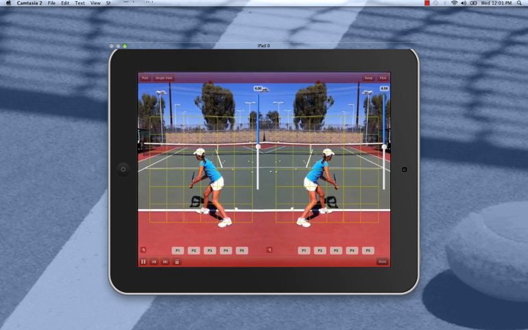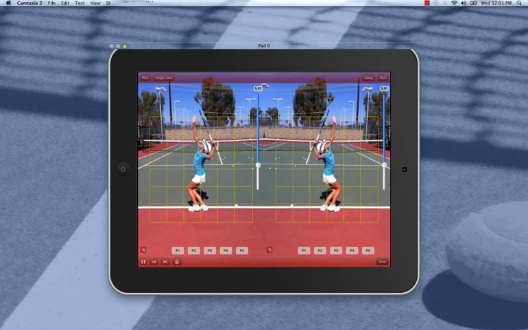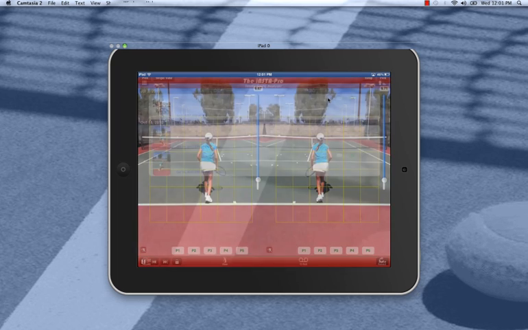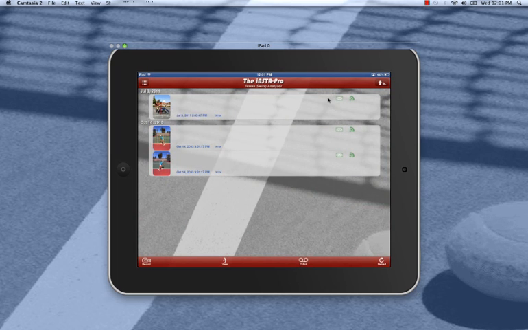This is pretty much the key features of what I wanted to cover today. And we're pretty excited about the tennis swing analyzer, and we know that it'll help you practice, review, and improve as we try to bring to the athletic market affordable, portable, and easy to use video analysis so that you can work with your pro or work with yourself to be able to see what you're doing when you're practicing